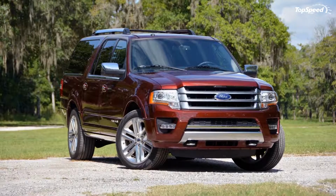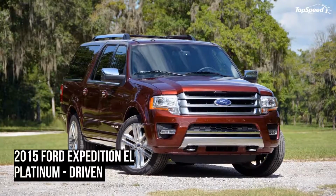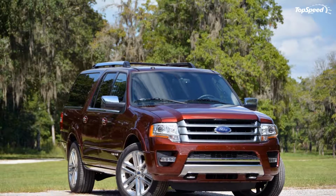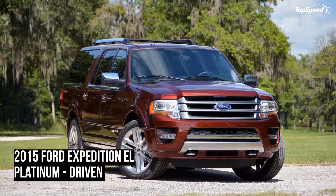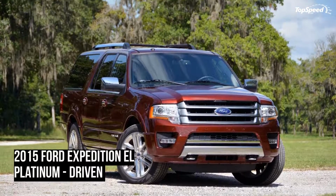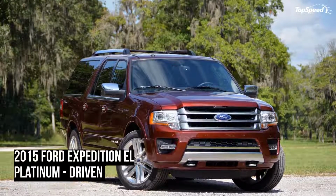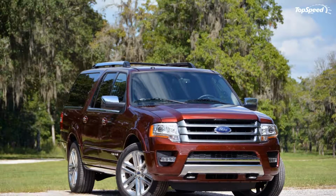Big, burly truck-based SUVs may have officially jumped the shark in 2008 when gasoline prices spiked and the recession took hold, but don't count this segment out just yet. Although full-size SUVs are quickly being replaced by minivan-like three-row crossovers such as the 2013-2014 Chevrolet Traverse and 2014 Nissan